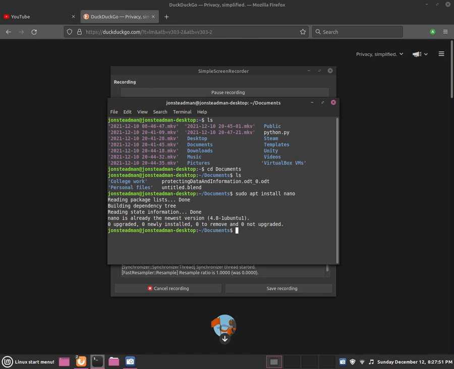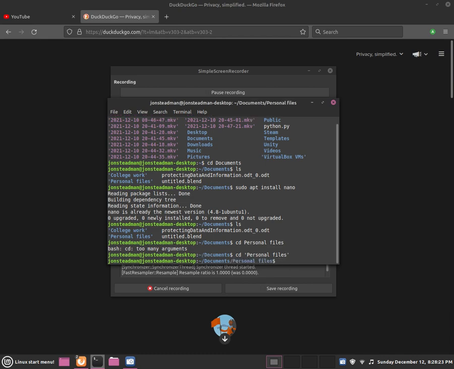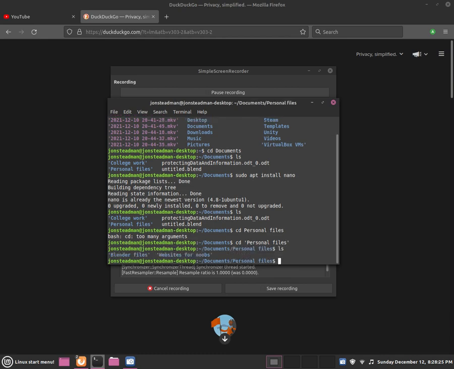Okay, so once I have done that, what you can also do is do ls, and this should list out all the directories. Now we need to go to cd, and I will go into my college work. Actually, I don't want to go to my college work, it might show my personal data. I'm just going to go to my personal files. Too many arguments. Okay, oh wait, I know why. What you want to do is do this, and now we can do personal files, and this should allow us into my personal files. Now we can do ls, and we can go to cd and then to website for noobs,